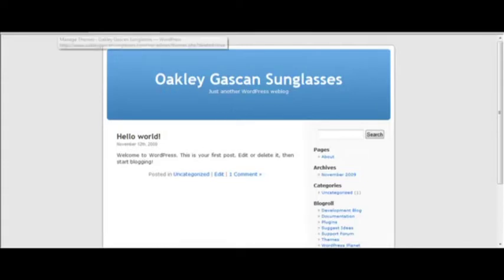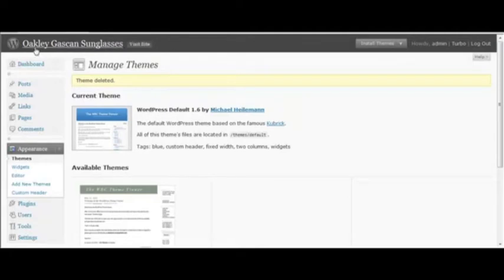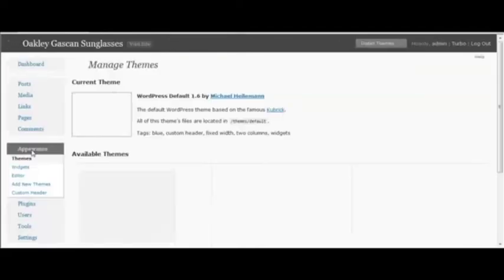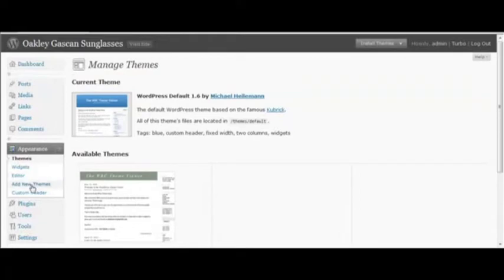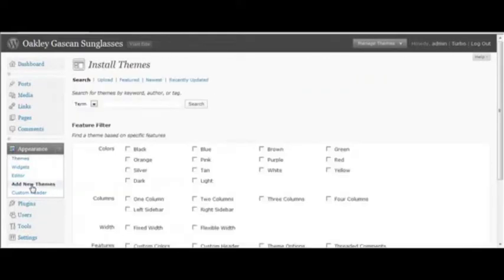So what you want to do is come right over here to log into your dashboard, and you just want to choose appearance from the left hand side. You want to come down and choose add new themes. Add new themes. And what I recommend you do is that I usually go by colors: black, blue, those tend